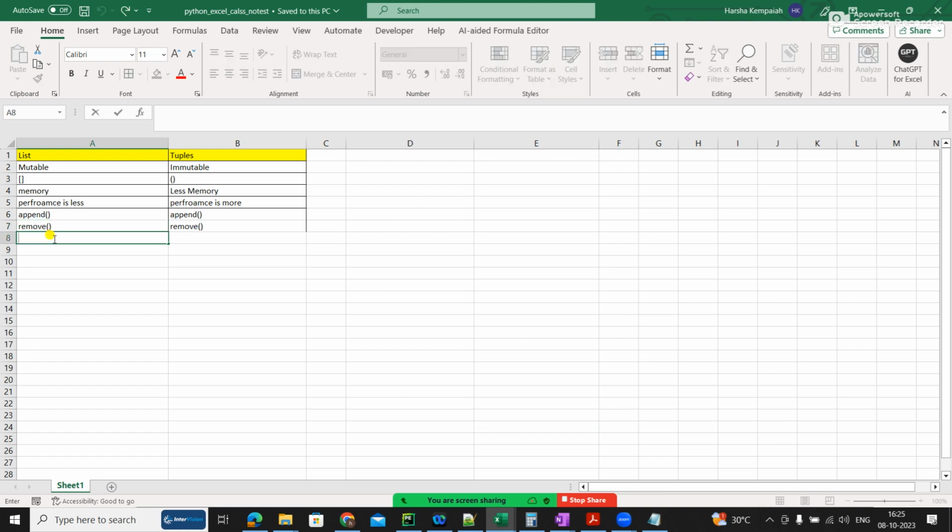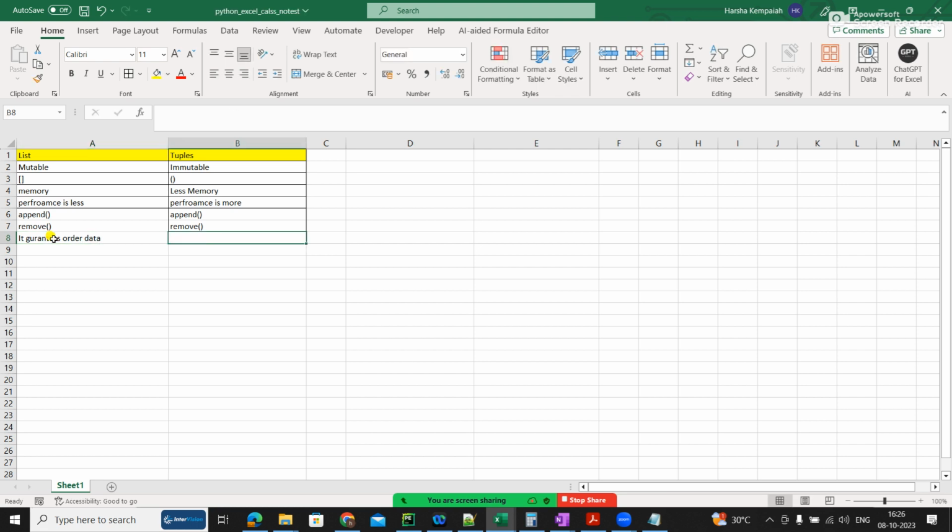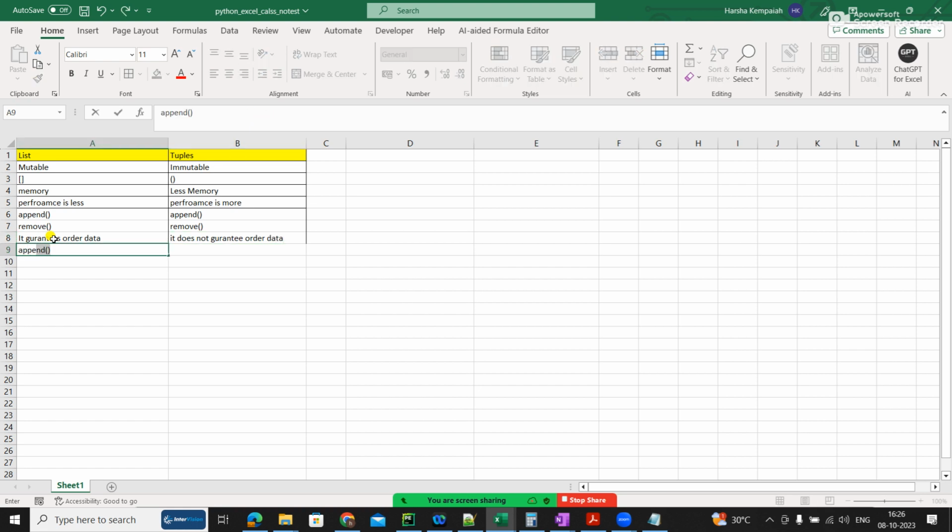I have given this in another place also: it does not guarantee ordered data. And here, whatever record is appended will be inserted at the last.